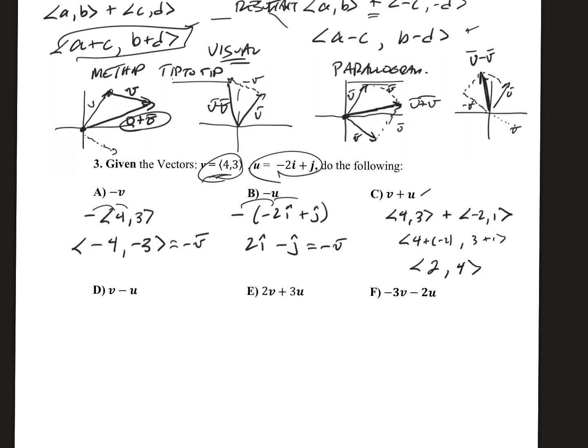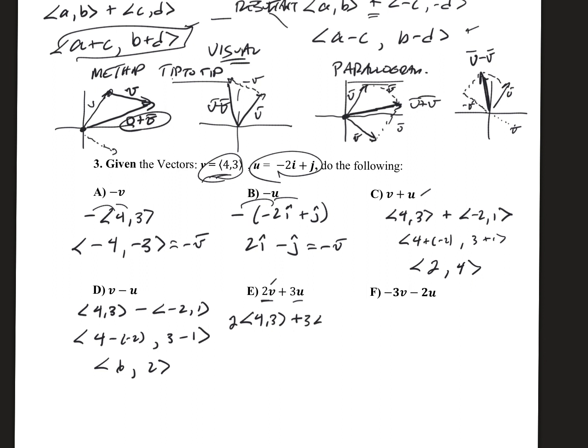If I want to subtract them, I'm basically taking the vector 4, 3 and subtracting the vector negative 2, 1. And so in essence, that's 4 take away negative 2 and 3 take away 1. And so we end up with 6, comma 2 as our answer if we subtracted u from v. And then we can even bring in scalar multiplication. Again, with scalar multiplication, all we're doing is doubling up the vector. So in practice, I've got 2 times the vector v